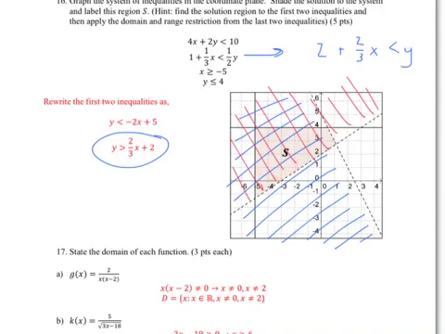But we have to realize that we have to apply our domain and range restrictions. Well, x has to be greater than or equal to negative 5. So here's negative 5 for x, and x greater than or equal to negative 5. Well, greater than or equal to means solid line. So here's the line, x equals negative 5. Here's the line, y equals negative 4. So those are these two lines here, and they're both solid,